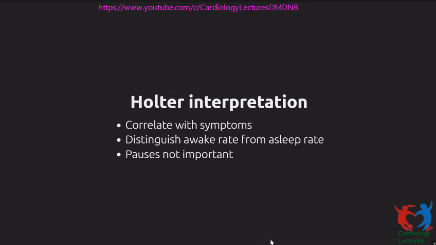The second point, as I was telling you, is don't blindly look only at the minimum heart rate on Holter. You can go by the patient diary, ask the patient when they slept, or even if you look at the heart rate profile, you can usually identify when the patient is asleep and when the patient is awake. So usually report the minimum awake heart rate and average awake heart rate separately from the sleep rates. Sleep rates have very little importance. I would say they do not have any importance.